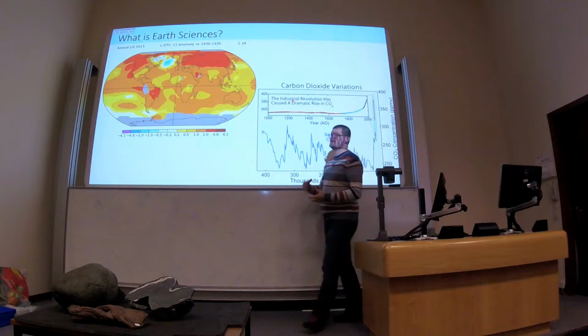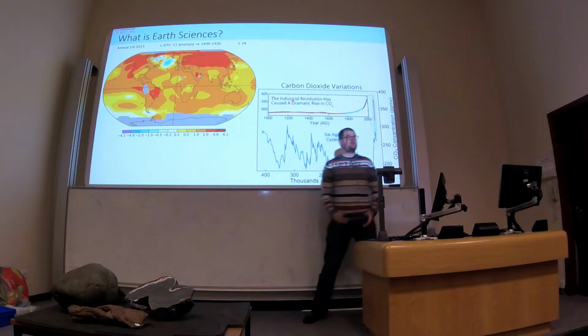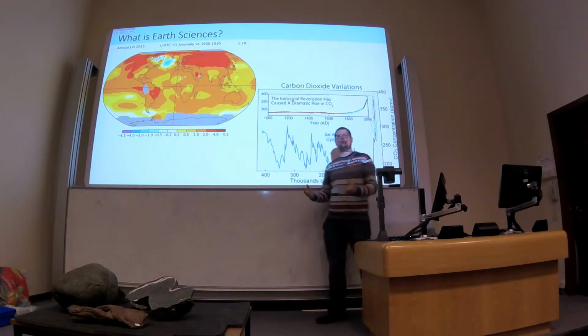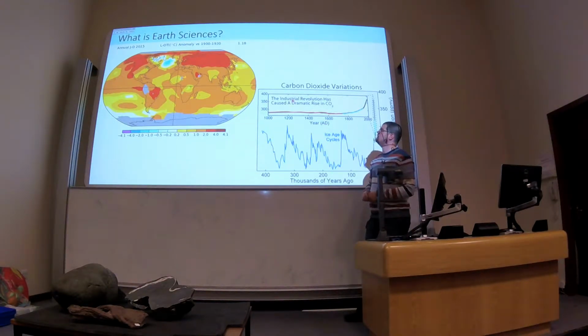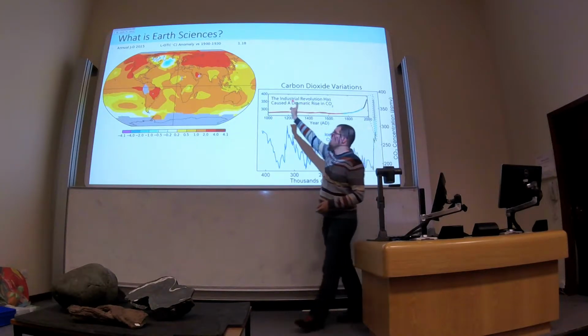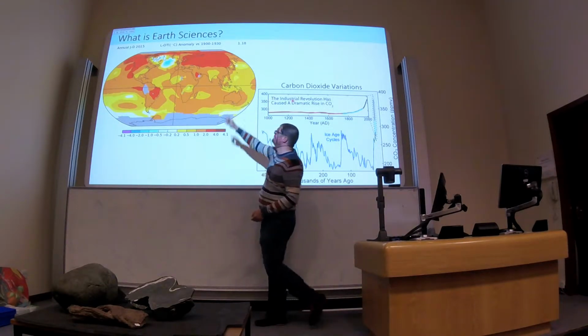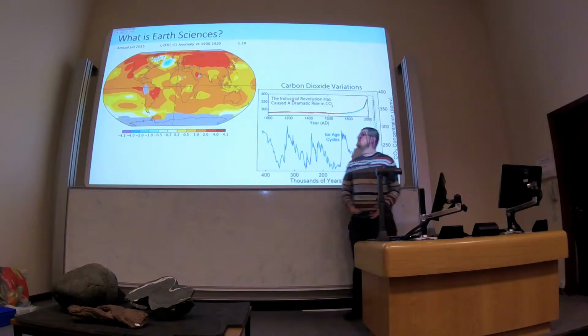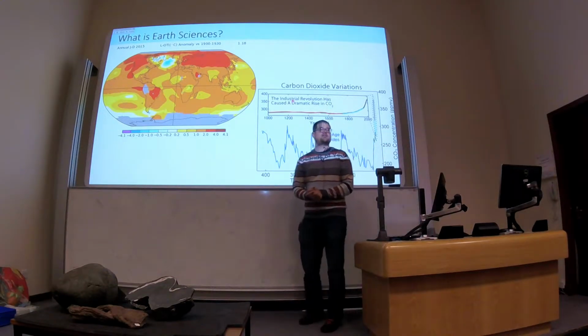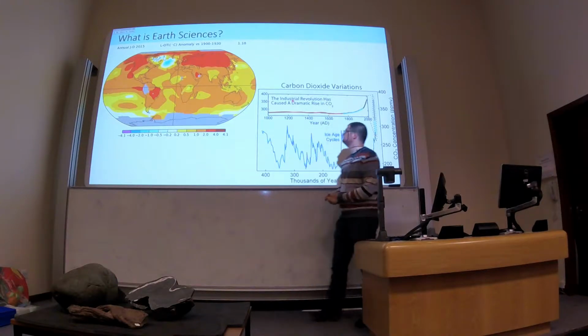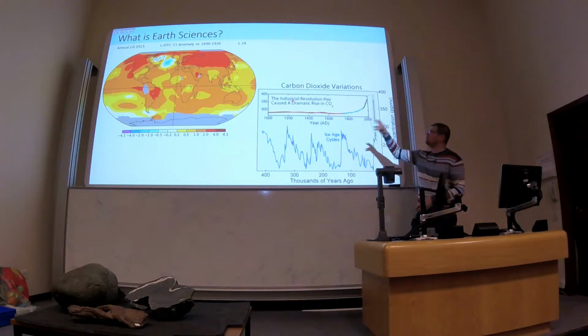Okay, and that warmth is not uniformly distributed around the Earth, so that's something that we have to understand, which regions will cool faster, will warm up faster and become more heavily impacted. So you can see the high northern latitudes, so Russia, Canadian Arctic, are warming much, much faster than the tropics, but the tropics are nonetheless still warming pretty dramatically. And this warmth is caused by our anthropogenic emissions of CO2.